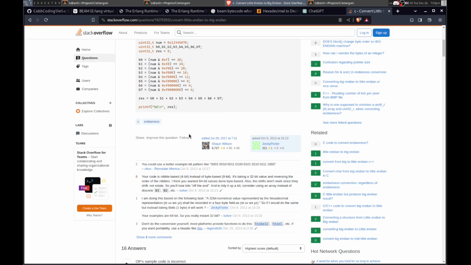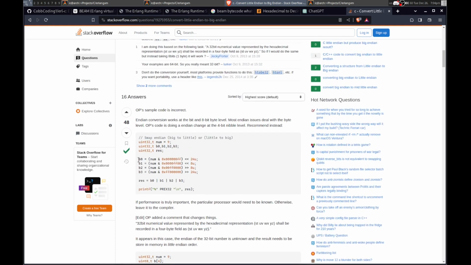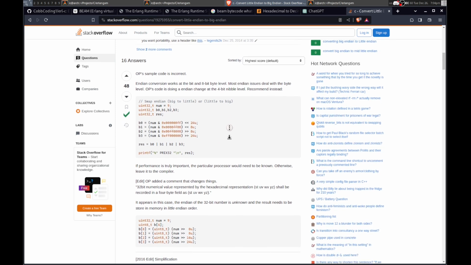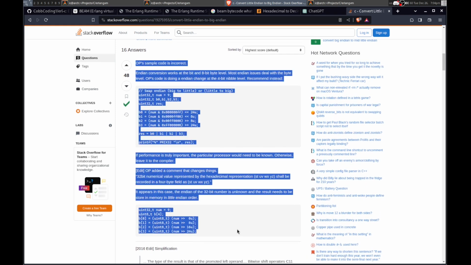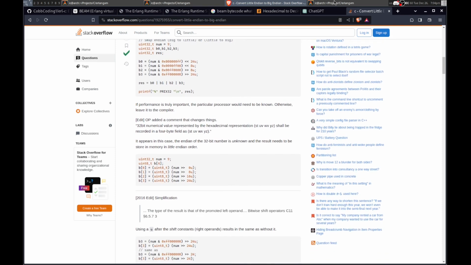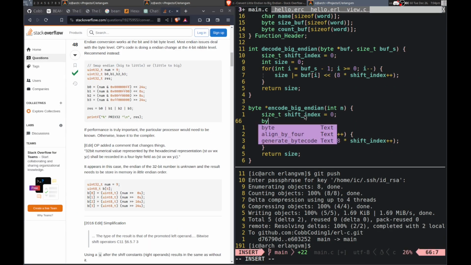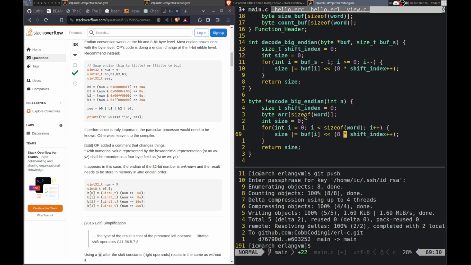Okay. Is this C or C++? Alright. Yeah, okay, this is better. Alright, so yeah, we need the array. Just a byte array. Array, which will be size of word. Okay, and then, size of word is this. And then, yeah, so we need to basically do the opposite of that.